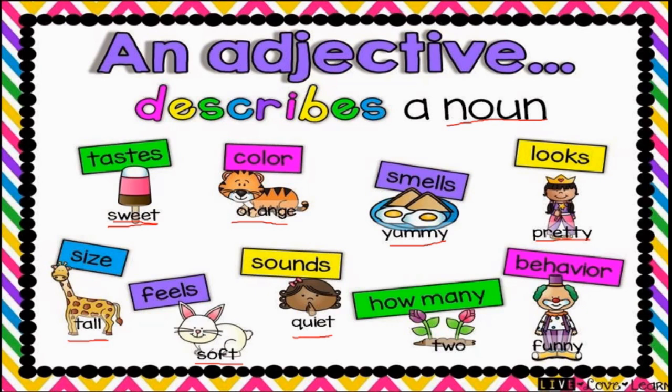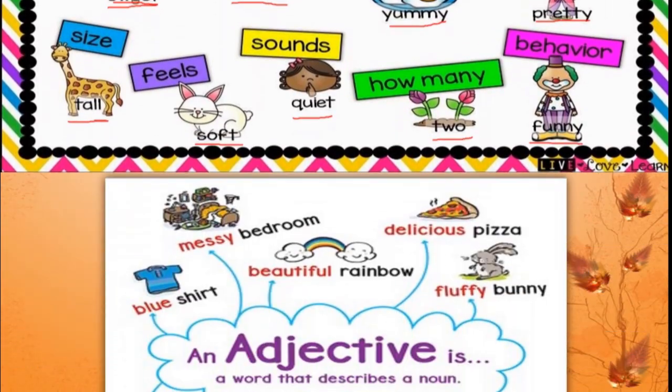And if you want to tell about the quantity, how many flowers are there? 2 flowers are there. Means this is also an adjective. Okay, behavior, manners, funny. See this. All these words, they help the noun. Correct? They describe the noun to tell us more about the nouns. So these words are called adjectives.